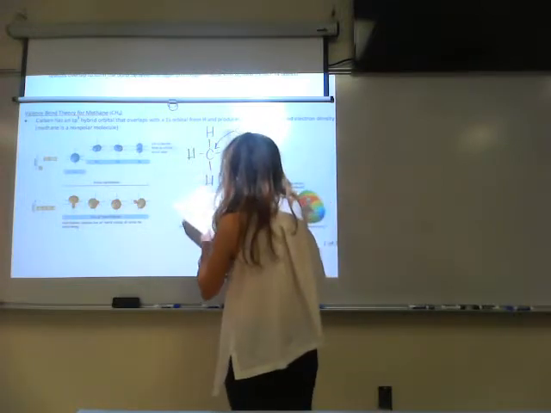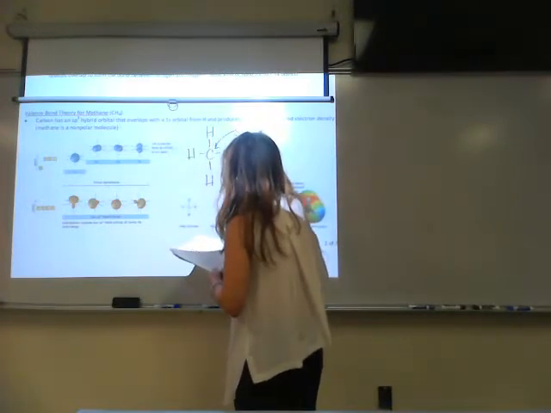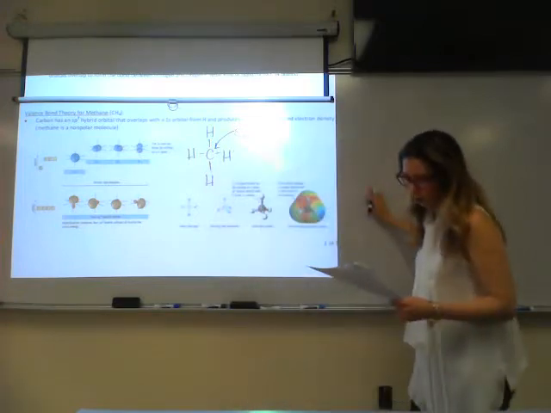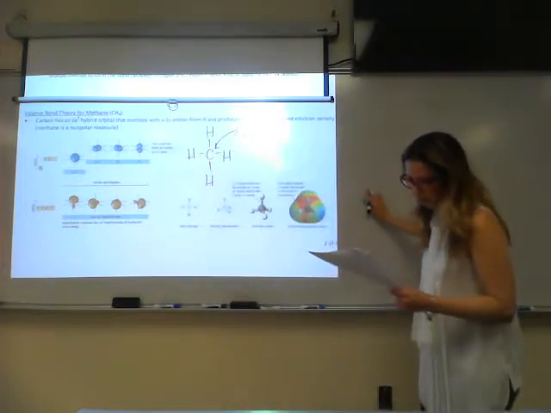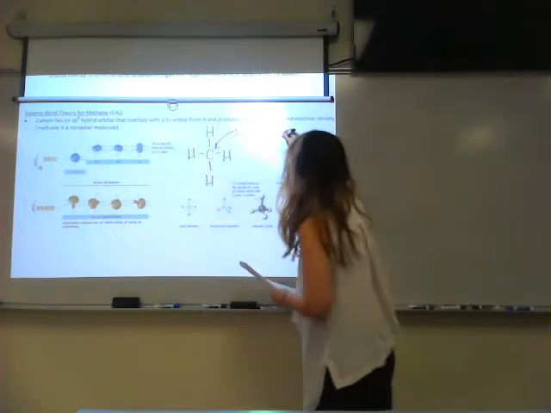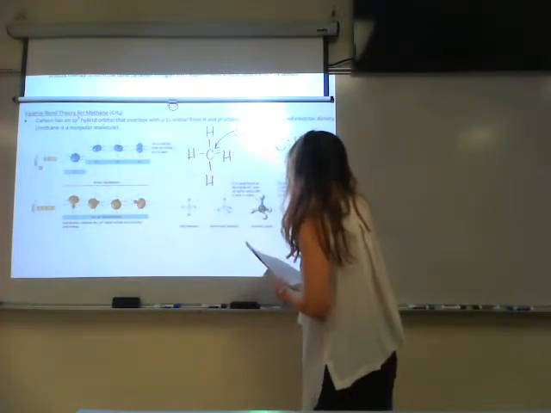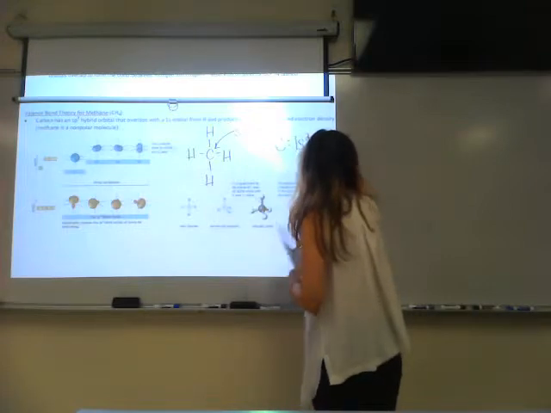And that's how I get this sp1, p2, p3 hybridization on carbon. Now, if I wanted to explain this using orbital diagrams,